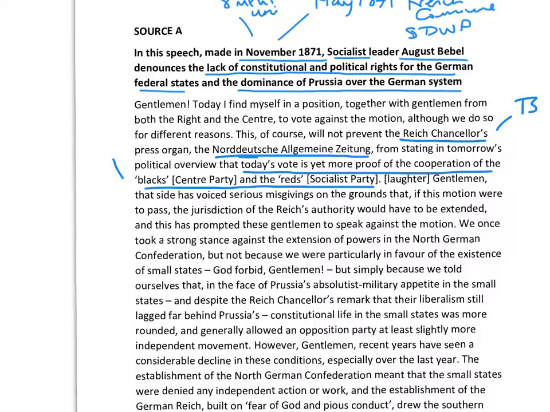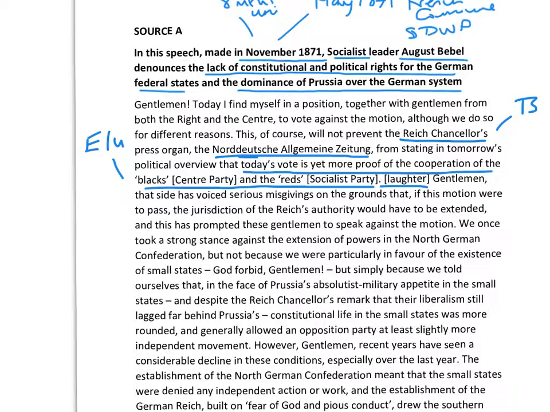Right, I would say that is, I'll use E1, inquiry 1, okay? And I'll put unity, inquiry 1, unity, okay? Because clearly he's saying that Bismarck was claiming that the Socialists and the Centre Party were working together, and everyone has a bit of a laugh about that, so there's obviously a lot of irony there. So the point you're trying to make is, Bismarck is claiming there is national unity, is the point you